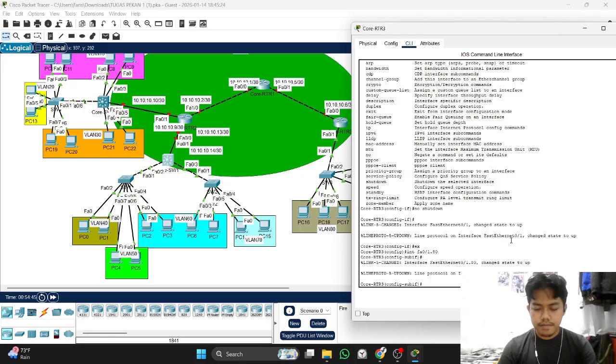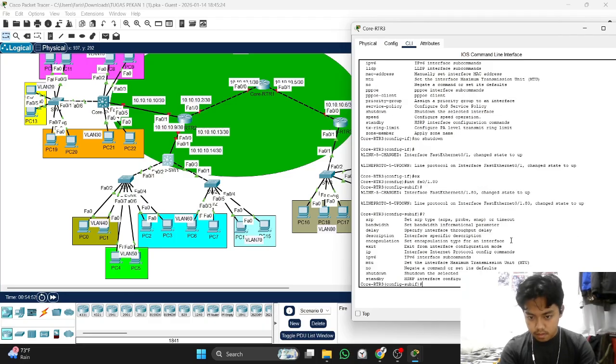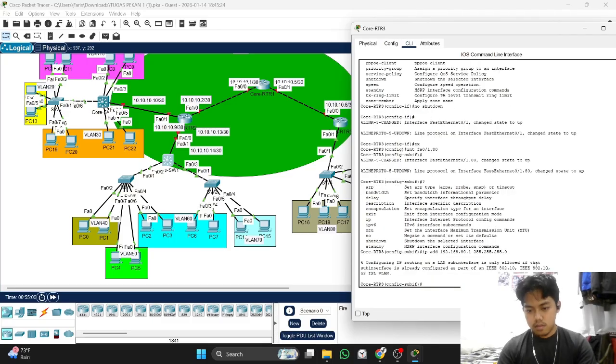After that, we create the IP address. The IP is like before. Oh, I forgot.